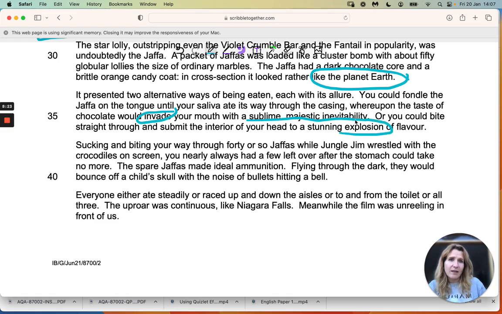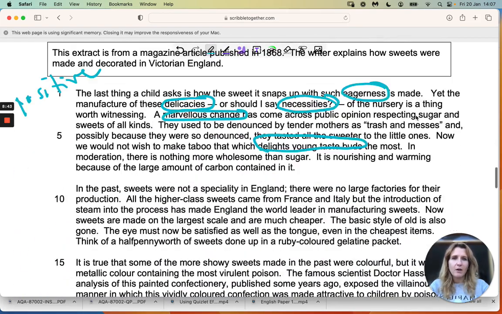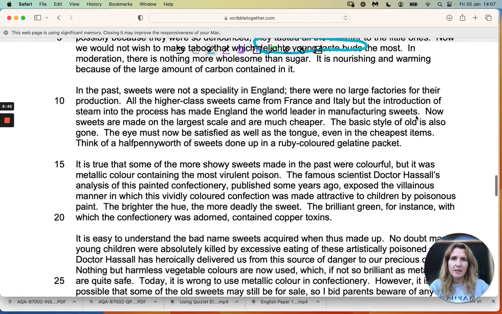Again, the use of explosion. I'm not sure how attractive that sounds, right? Sucking and biting your way through 40 or so Jaffas. You always had a few left over when the stomach could take no more. I think I could just talk about the use of violent, explosive language as it develops versus